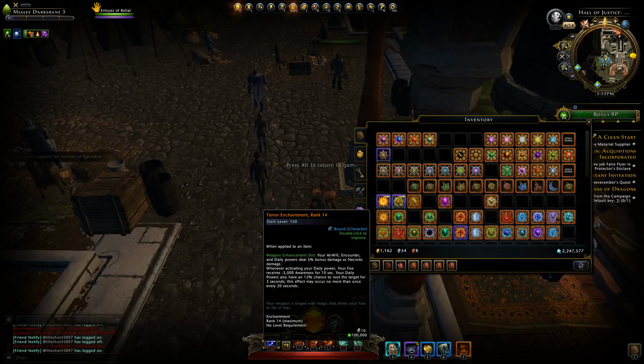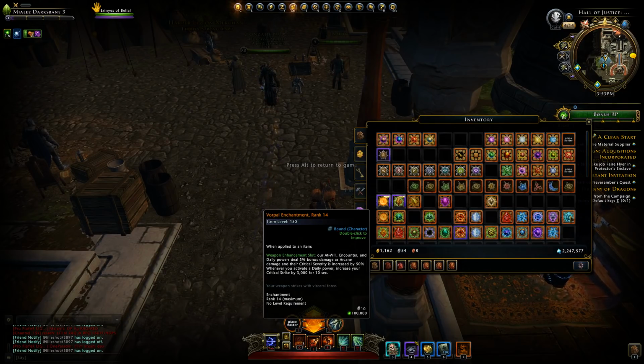Next up, the Terra enchantment. Whenever activating your daily power, your foe receives minus 3000 awareness for 10 seconds. Your daily powers also have a 12% chance to root the target for 3 seconds. This effect may occur no more than once every 20 seconds. Not that fantastic. Vorpal enchantment,